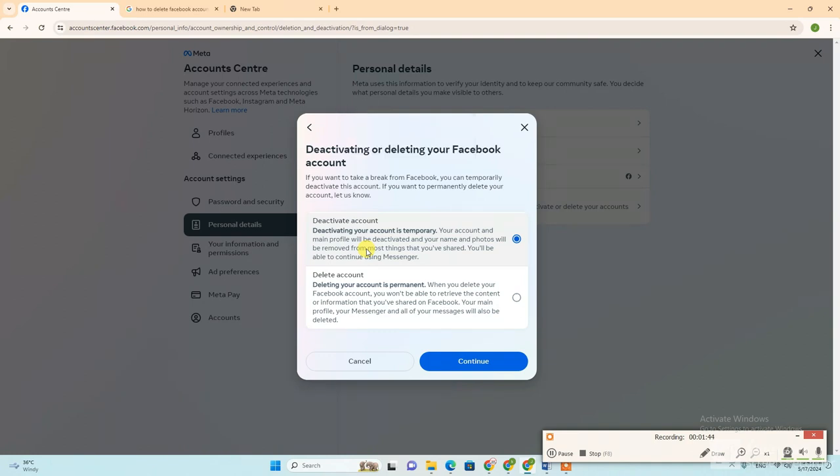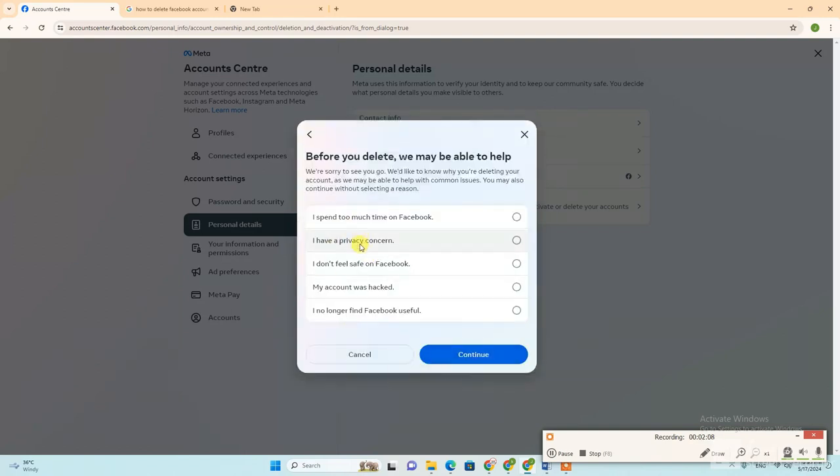So here are two options: you are deactivating your account or delete account. So we're going to delete our account, so we have to click here, continue. There are some reasons you have to choose. So I spent too much time on Facebook,